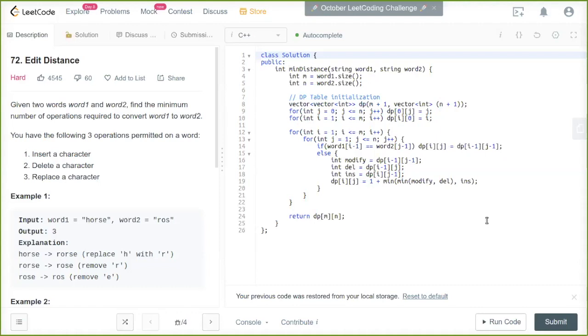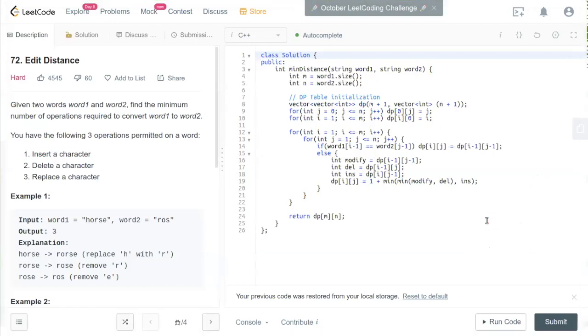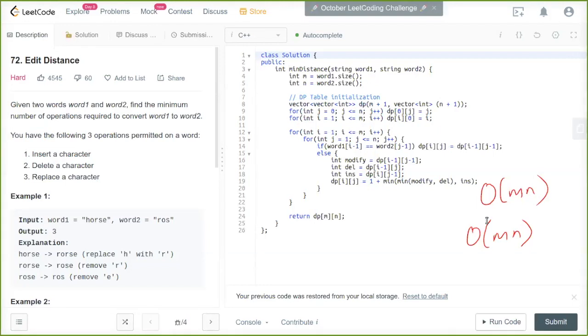That's why this part of the code is going to run in big O of 1, which is constant time. And that's why this whole thing is a big O of mn time algorithm. So time wise, asymptotically we haven't improved. Space also is the same, big O of mn for the DP table, just that we don't need stack space for recursion, right? So asymptotically it looks the same, but this should run a little faster. The reason is we avoid recursion and do it in a loop. That is going to be more efficient. And also we don't need stack space, right? So that should make it run a little faster.